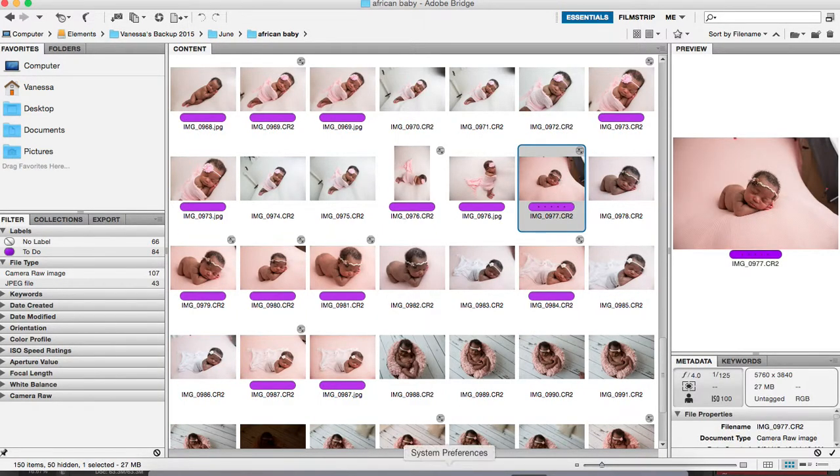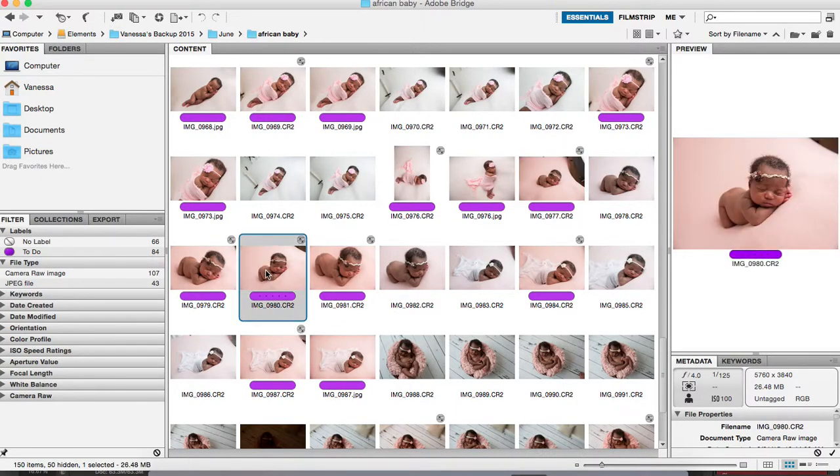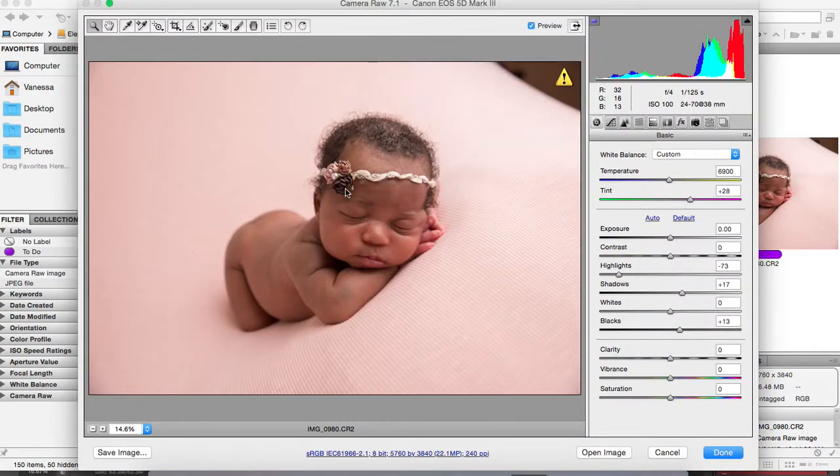So this is the image, right? This one actually. So I'm going to open it in RAW so you can see what I did in RAW. I have a custom white balance. I shot a gray card and then I just made slight adjustments in Adobe Camera Raw to make the white balance perfect. I took the highlights almost all the way down and I brought up some of the shadows, and